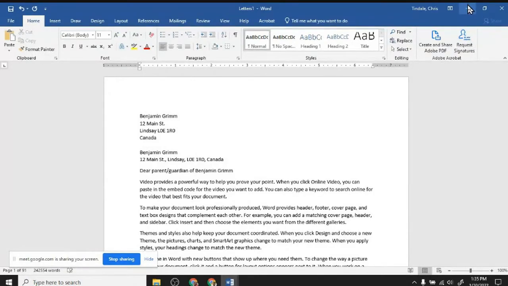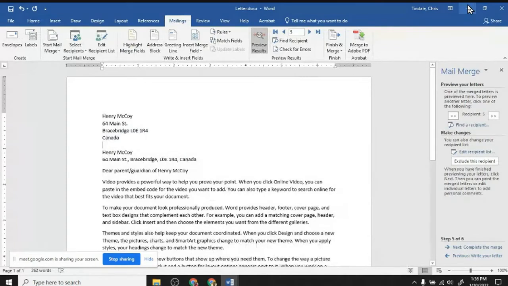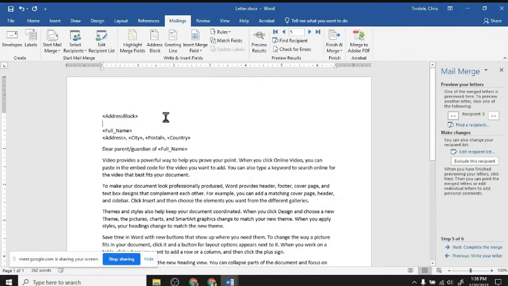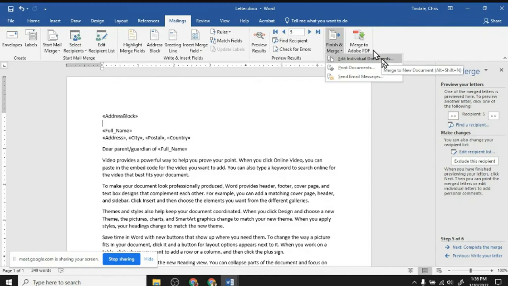But the reason I tend to save this version, I'll just minimize that, is because the one that is still connected to my list, if the data in that list changes or that data gets deleted for some reason, like the Excel file gets deleted, and I go and open up my Word document, it's broken. Like all I'm going to see are these tags, and there's no data connected to them anymore. So as my own little sort of security blanket, I tend to hit that finish and merge button. I choose the edit individual documents, and then I save that larger document that gets generated